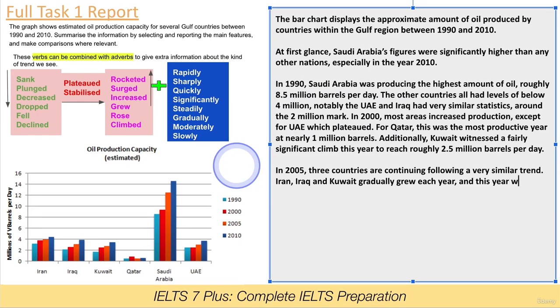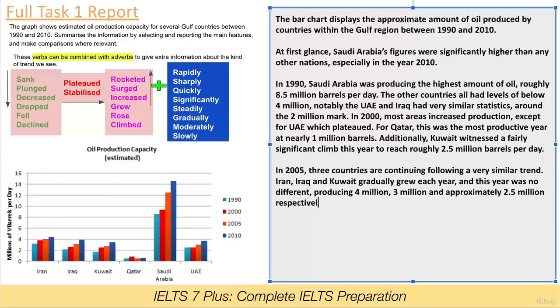And this year was no different. Producing, now we can do respectively. So Iran was producing 4 million, Iraq 3 million, and approximately 2.5 million